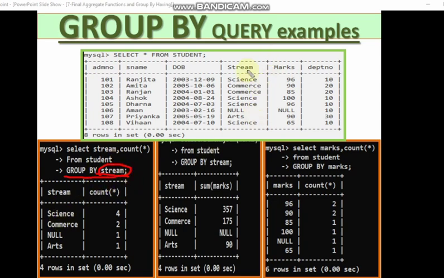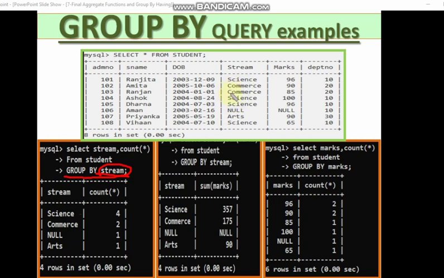See, the stream column has science multiple times, and it is giving you the value of science in stream and grouping that there are 4 science entries in this column. Count star is counting and telling that there are 4 science streams given. Similarly, commerce, there are 2 in number.